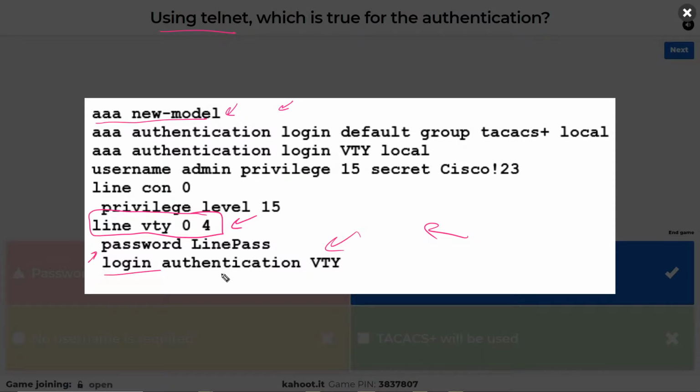There's also this method list right here. And this method list is called VTY in uppercase. They are case sensitive, by the way. So this AAA authentication login VTY is a method list. And it basically says, if this method list is used somewhere, which it is right here on these 5 VTY lines, then use the local database, which refers to the running config on this device, which means